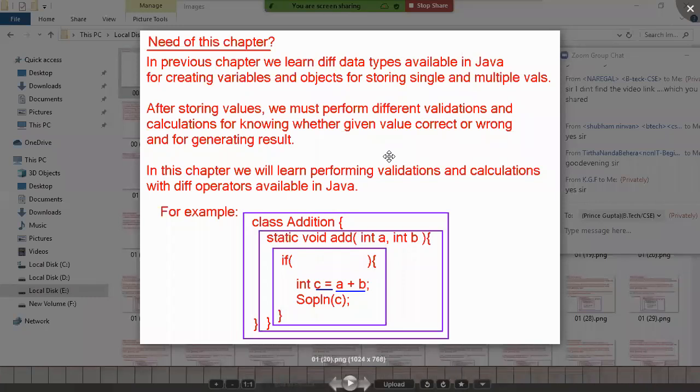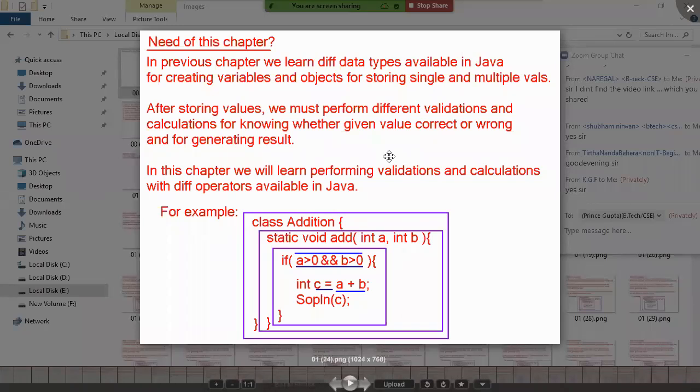I must give the information to if whether this is a valid value or a wrong value. For that, in the if parenthesis, we must write one small expression. Some important terminology I'm using here: we must place one condition expression. If A value is greater than 0 and B value is greater than 0, then only the logic executes. Otherwise, don't execute. This expression, A greater than 0 and B greater than 0, is called the condition.